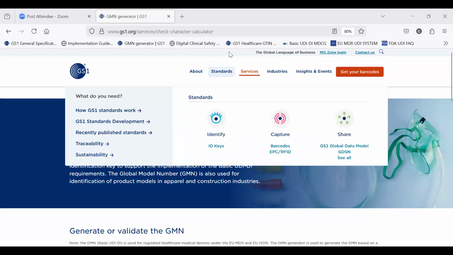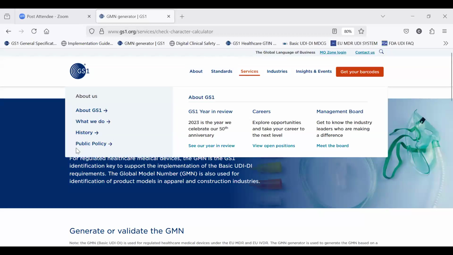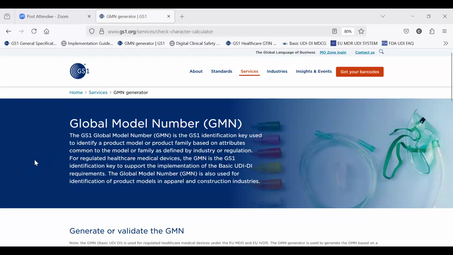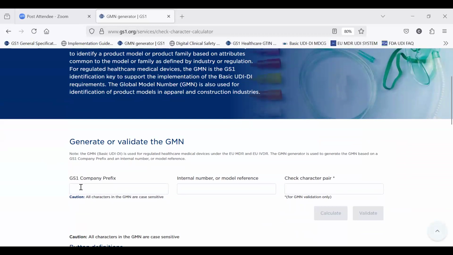So the global model number, or the basic UDI-DI, is calculated or generated using this tool. And we start with a GS1 company prefix. I'm going to select an easy one to remember, which is the GS1 UK one, 50123445. 2345. An internal number of model reference elements, Aston Villa Football Club, and then click calculate for the check character